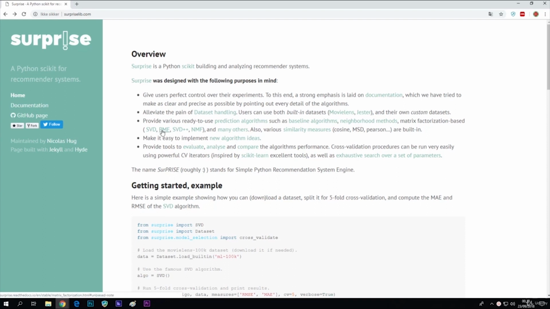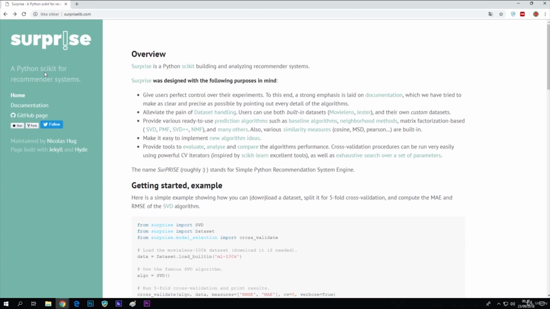It is, as mentioned here, a Python library for recommender systems, meaning that all the algorithms that you will find in here are basically recommender algorithms. Recommender algorithms are where you give an input, typically users and items, and some ratings that these users have given those items, and then the algorithms are capable of predicting what kind of rating the users will probably give to the items that they have not yet rated,